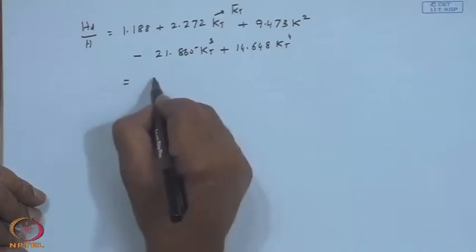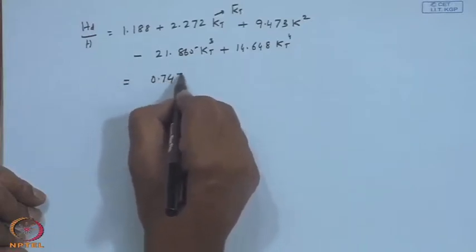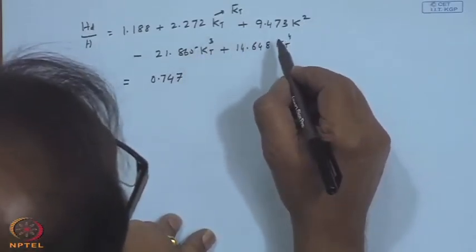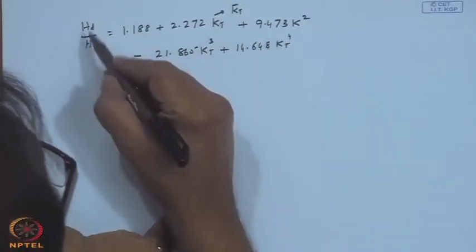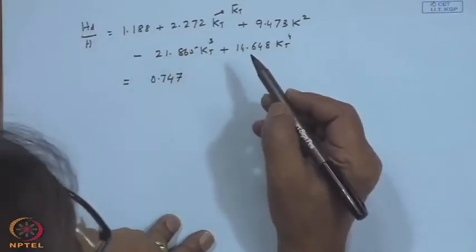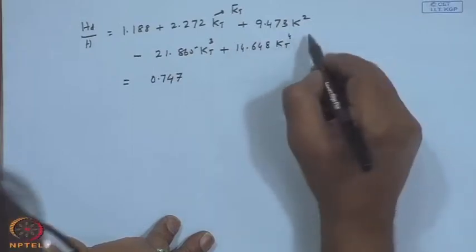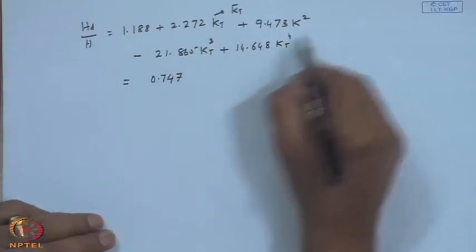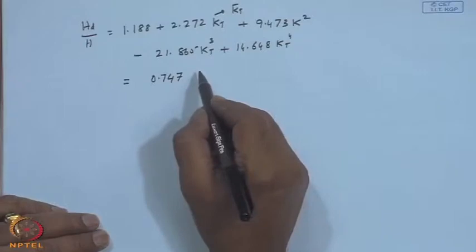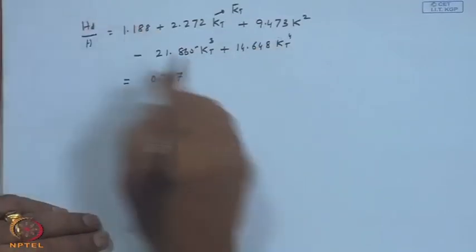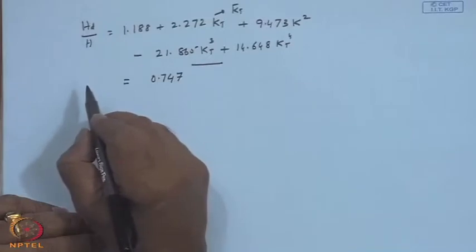This comes out to be 0.747. These things I am writing again and again, because if I just say Hd by h is equal to 0.747, you may not know which relation I have picked up. So, this is at the expense of little repetition, but it is for the clarification, and by the end of the course you should remember looking at the relation. This is not given to you, this is given to you, you should be able to say okay, this is